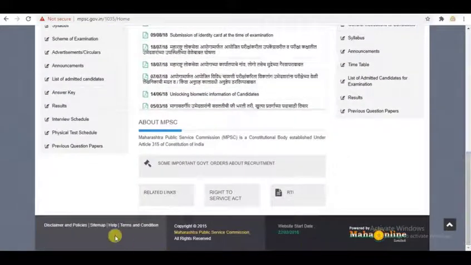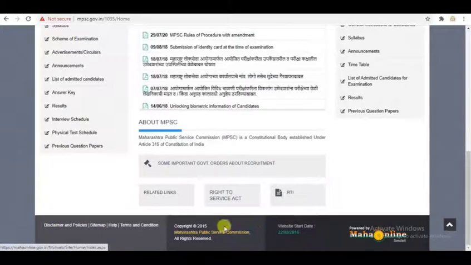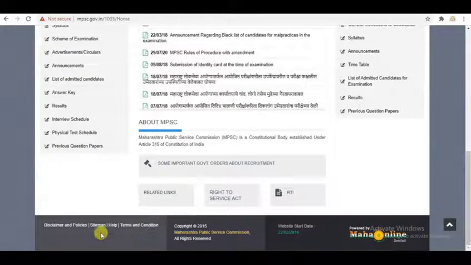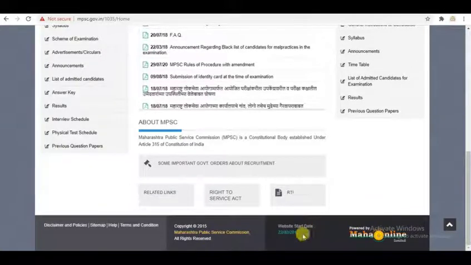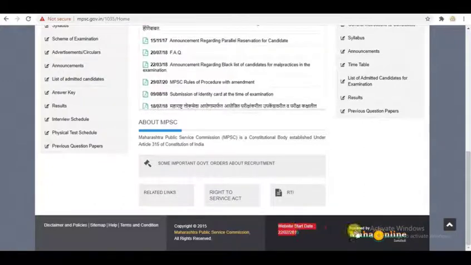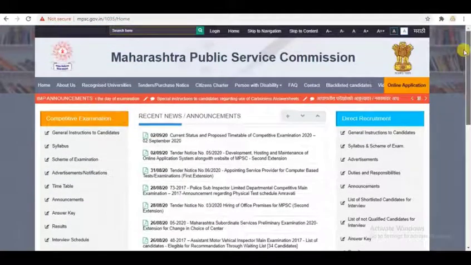And at the end there is a footer. The footer is also divided into three parts: first part, second part, and third part. The third part is again divided into two parts, which contain the website start date and the logo. So this is a sample layout of the Maharashtra Public Service Commission.